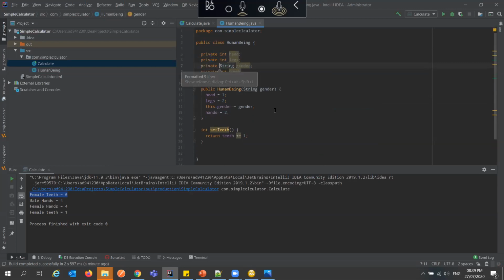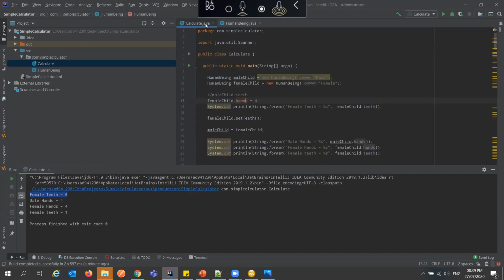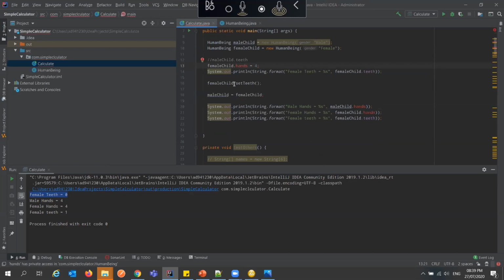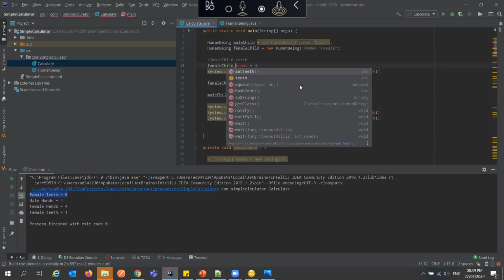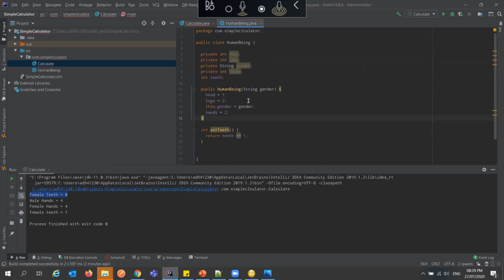Once we set all of them to private, I'm sure outside you see errors, because I can't see them again. If you do dot, you can't see them. You can only see the public values, not the private values. So for us to grant access to it, we need what we call a getter and setter. A getter and setter helps us: when you want to fetch the value, we call the get value, and when we want to set it, we call the set value.